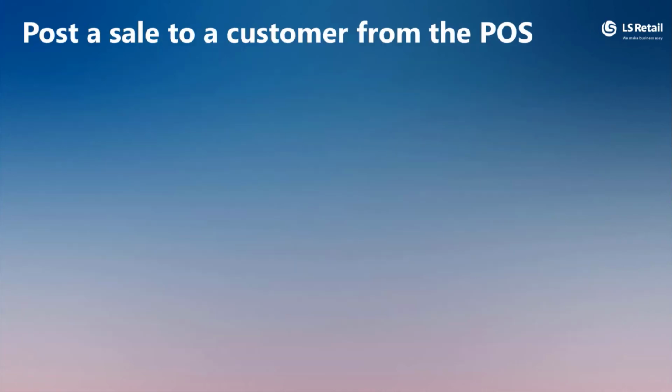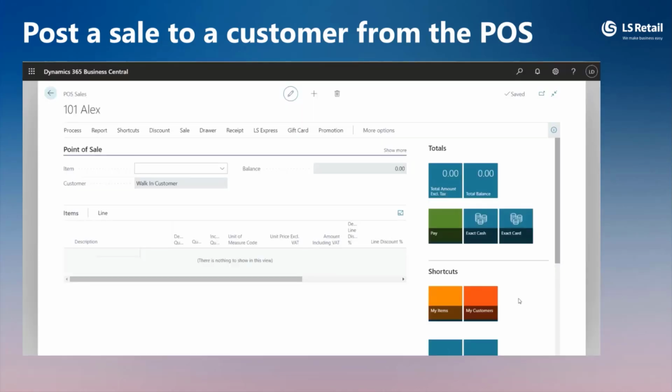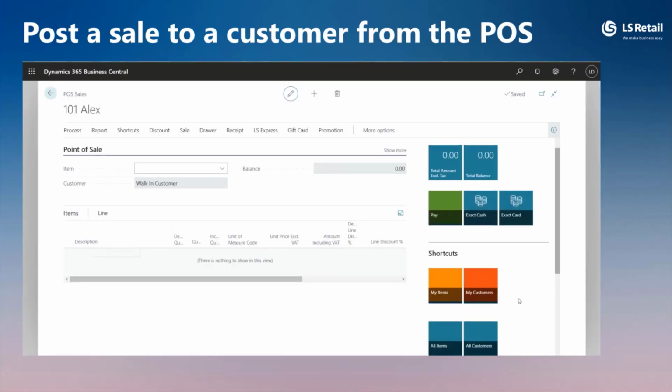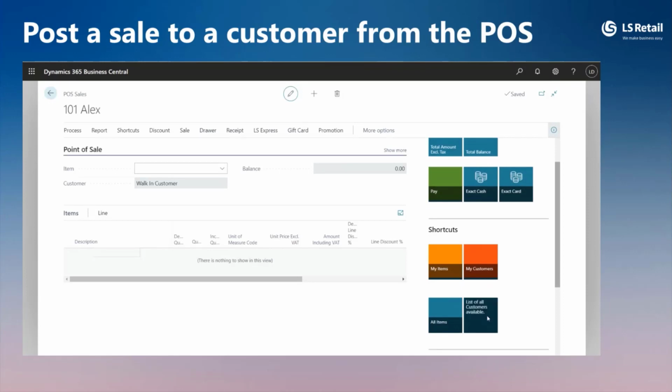I want to show you how customer configurations in Business Central are also used in LS Express. Before filming this demo, I added a special price to customer ReCloud so that if ReCloud buys 5 or more pieces of the Athens desk, they get a special price of $250 per desk. To change to a named customer, I select the All Customers from the Shortcuts tiles.